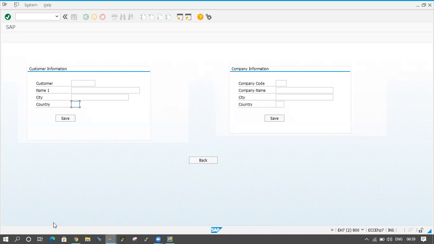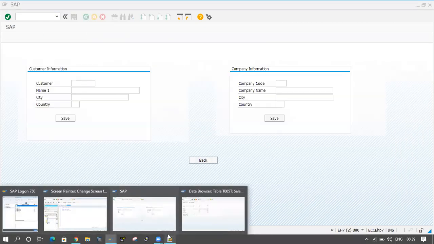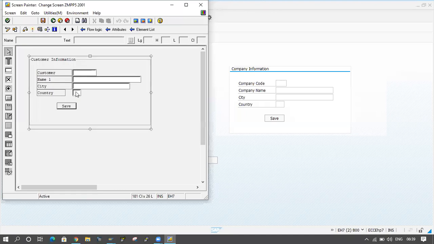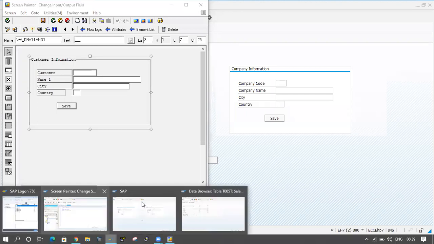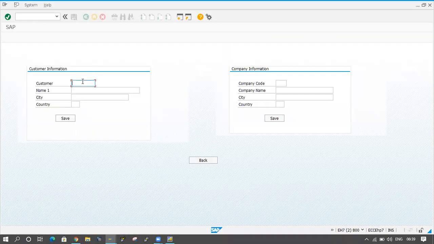First of all, we have to use a drop down for this one. This is the normal one only. Just as the customer number is coming, you can enter data here like this. In the country also you can enter the data like this. But now I don't want to enter the data like this. I want to select. So a drop down will come here, and in that drop down I have to select the country name. I cannot enter the data directly here.